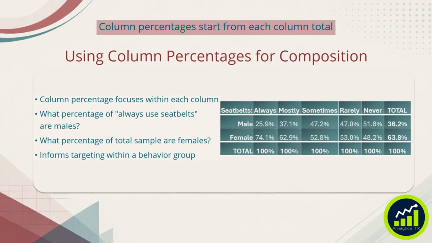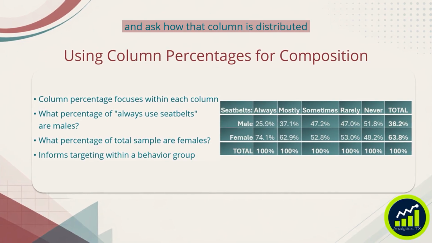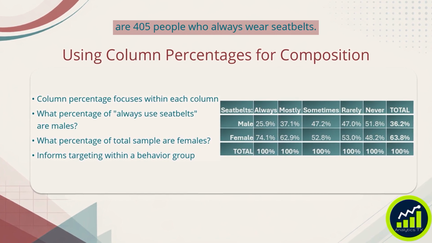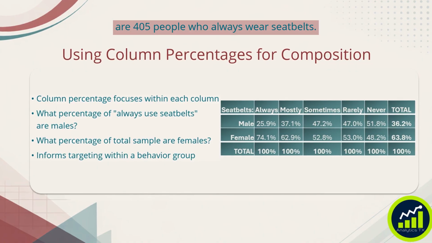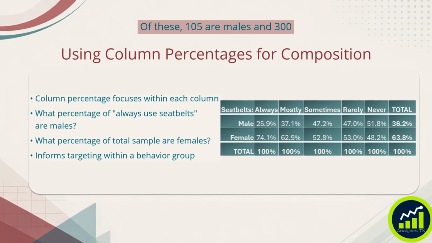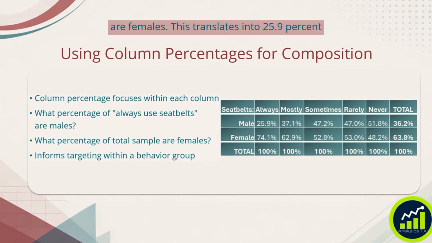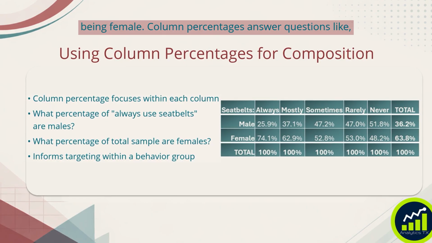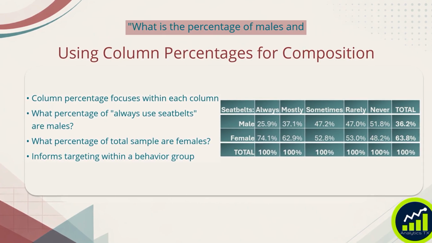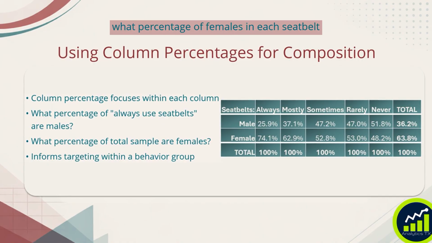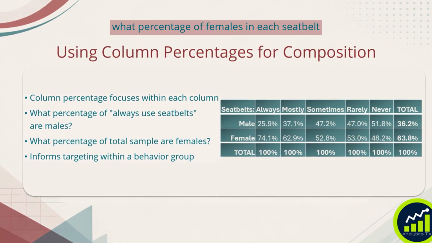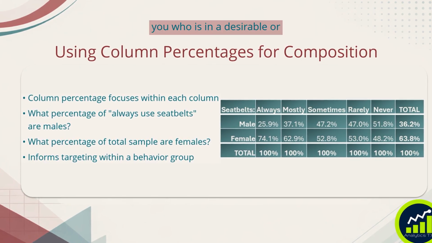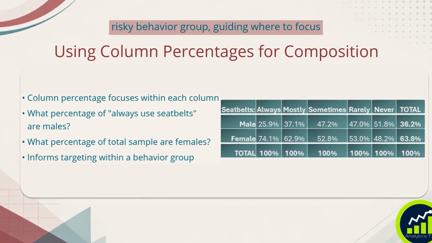Column percentages start from each column total and ask how that column is distributed across rows. In the seatbelt example, there are 405 people who always wear seatbelts. Of these, 105 are males and 300 are females. This translates into 25.9% of always users being male and 74.1% being female. Column percentages answer questions like, what is the percentage of males and what percentage of females in each seatbelt usage category? In business terms, this tells you who is in a desirable or risky behavior group, guiding where to focus